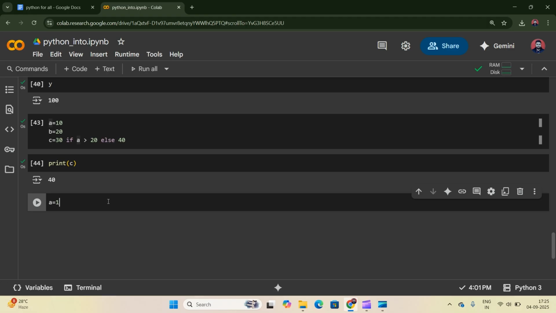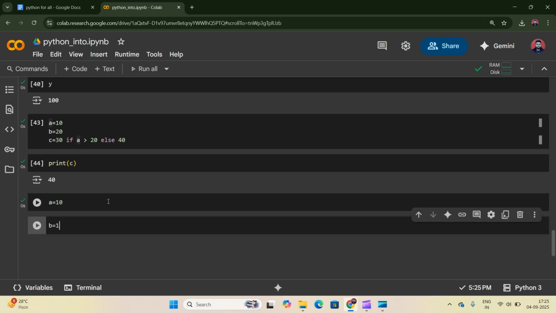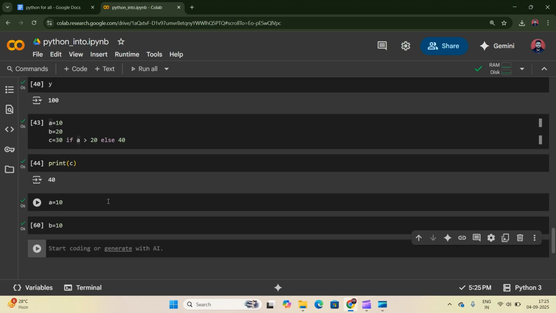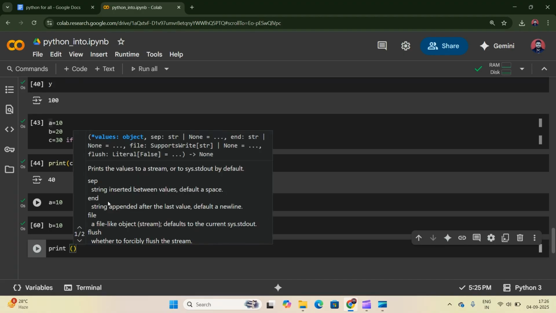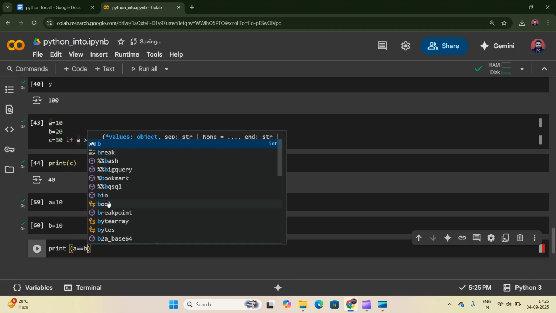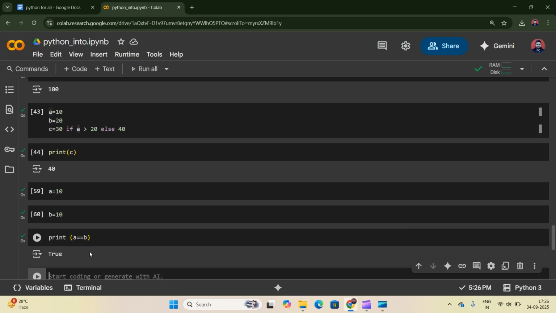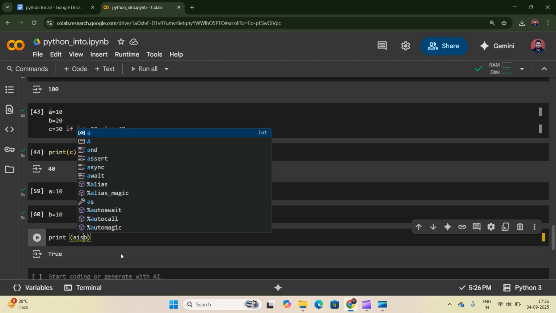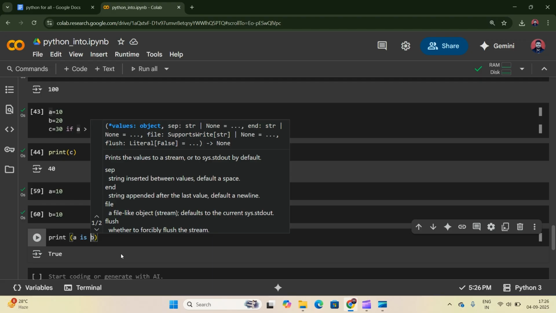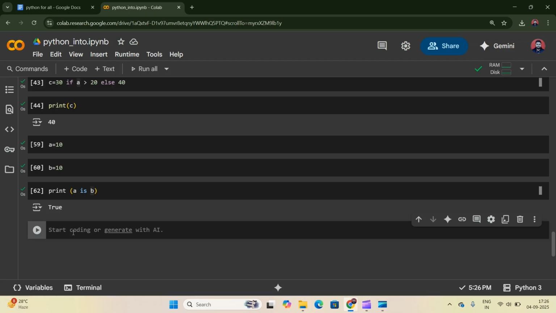So when I say a equal to 10, b equal to 10, now a and b have the same value, and if I write a == b, we have seen that == is the operator that checks equality, so it will return True because both values are the same. Now we'll use the is operator. Now a is b will also return True because we have seen that object reusability works from